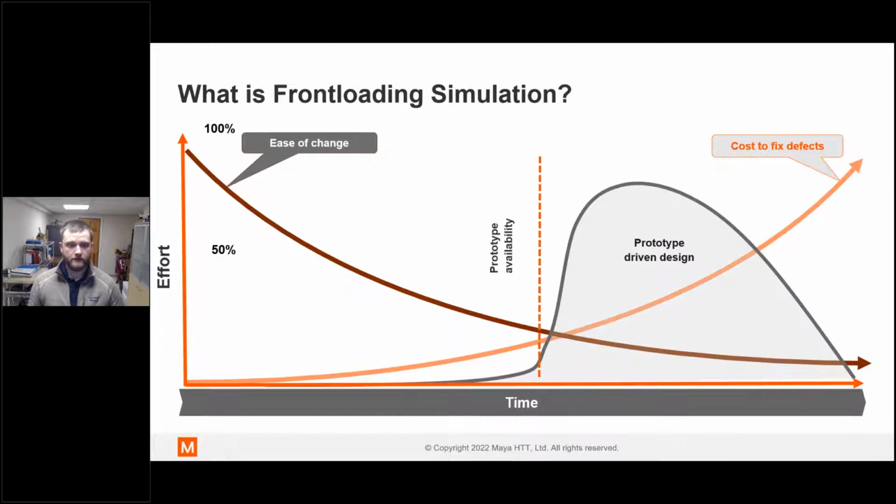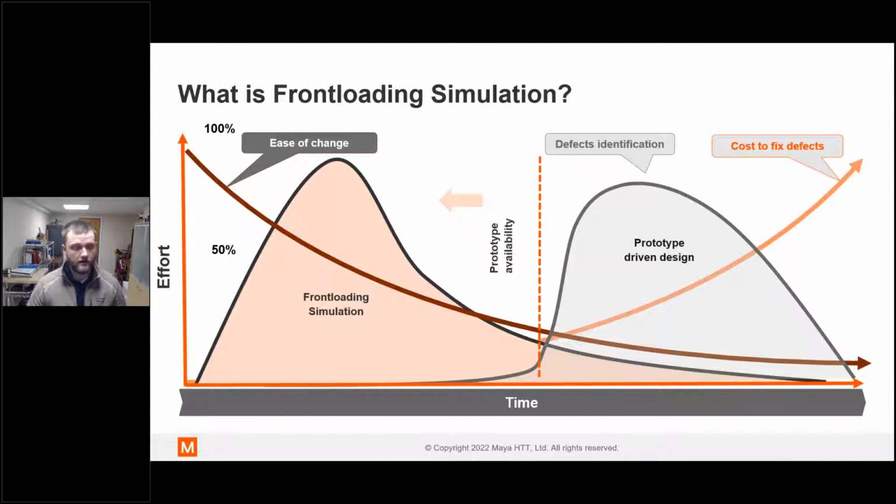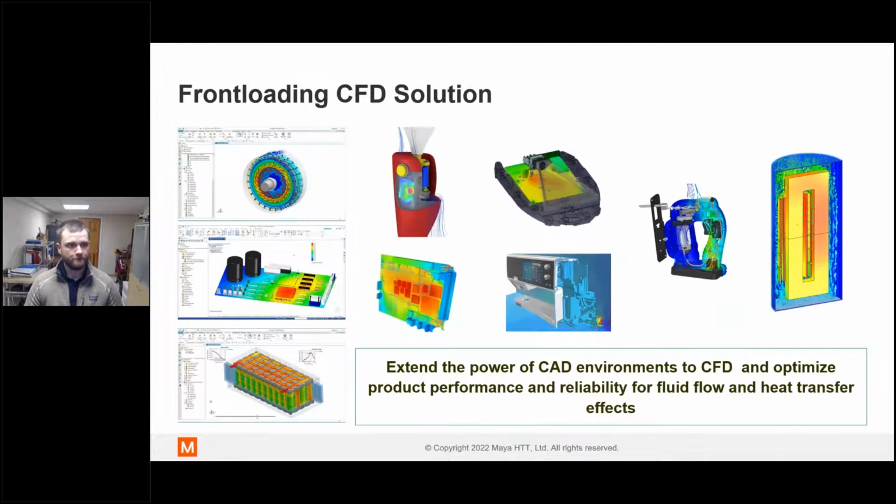So that's where we want to put our simulation: early on, in the conceptual and preliminary design phases, so that we can get our design in a very stable and solid place before we move into creating prototypes. We don't want to identify those defects later in prototype design. We want to identify them early on as we're doing simulation. And that's what front-loading simulation is.